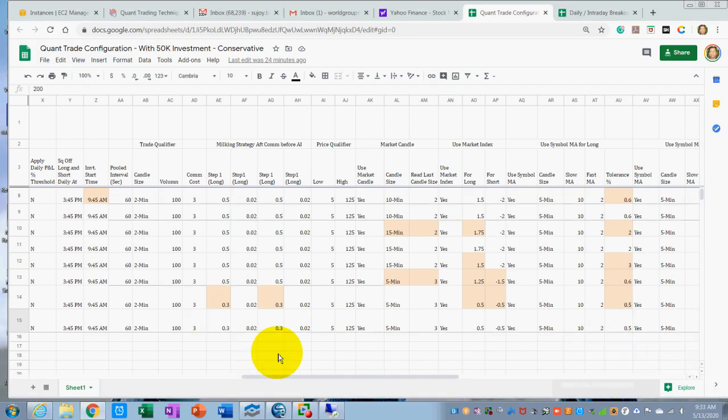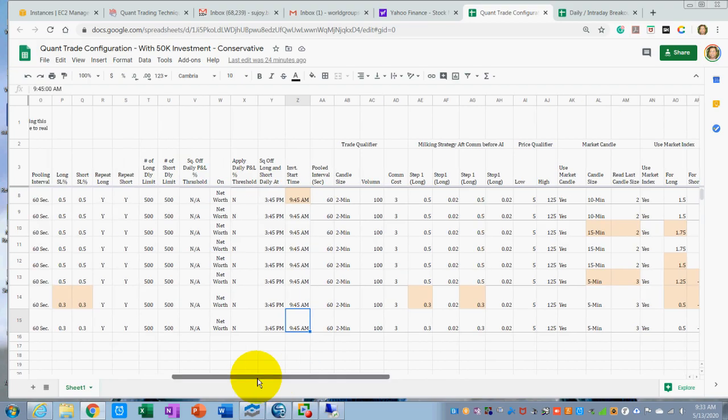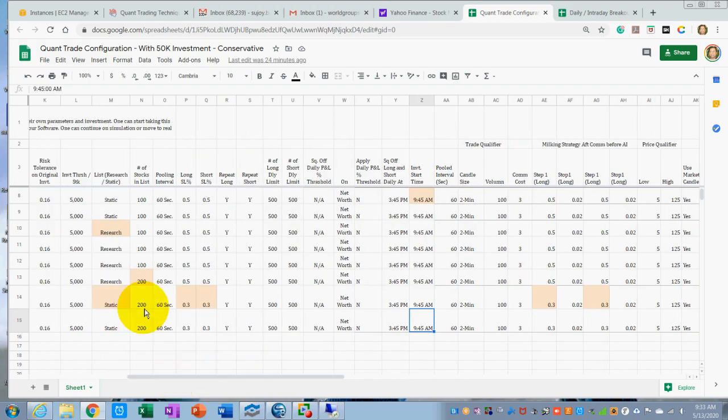So let's keep watching. We made that change yesterday, so let's keep watching that. Yes, we are looking into market conditions, and we will be investing only after 9:45. So right now it's 9:33. Having said that, this is the list which I was talking about, which is now a list of 200 stocks for the last 3 days that we are maintaining.